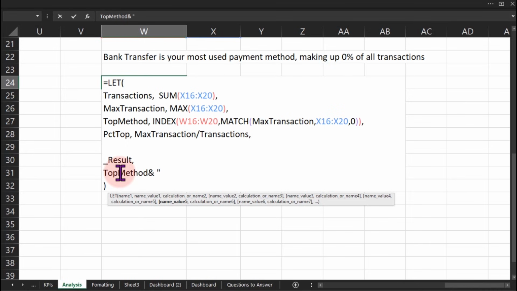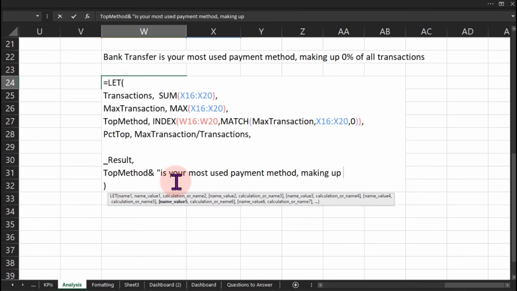Inside here, I'm going to say " is". Try to look at this particular part, which means our bank transfer is your most used payment method. You get it right now, comma,